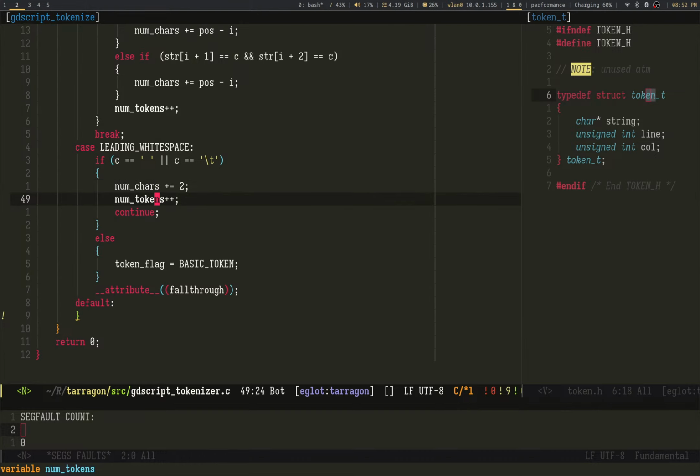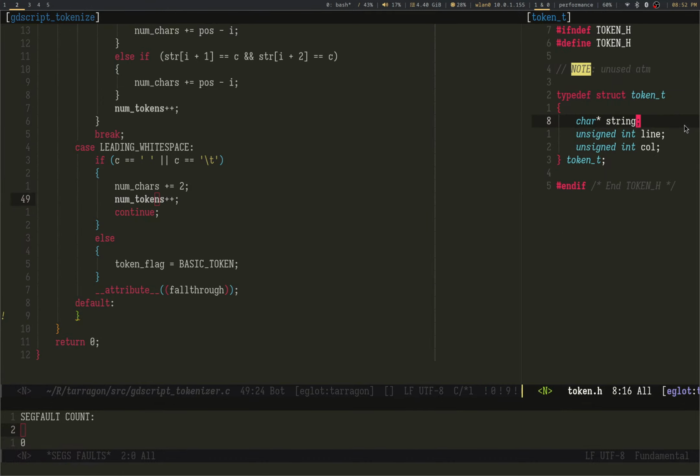Great. Looking groovy. And I'm doing that because I'm keeping track of my leading white space for braces, since GDScript doesn't have braces. And I might do something cheeky and replace all these leading white spaces with fake scopes, which I'm probably gonna do.